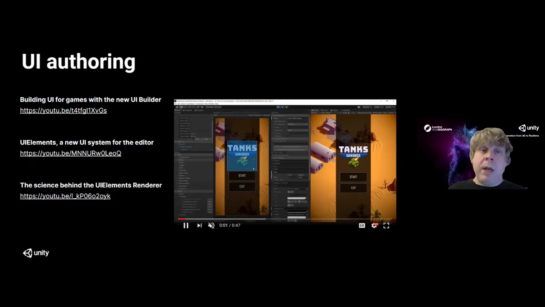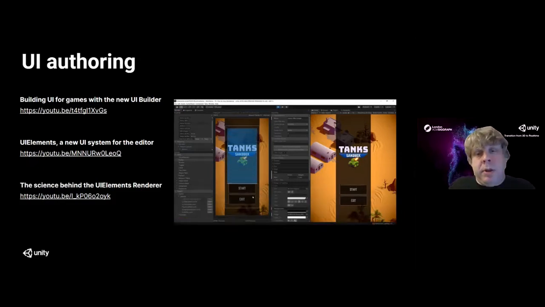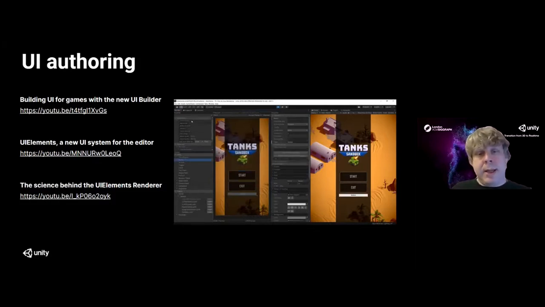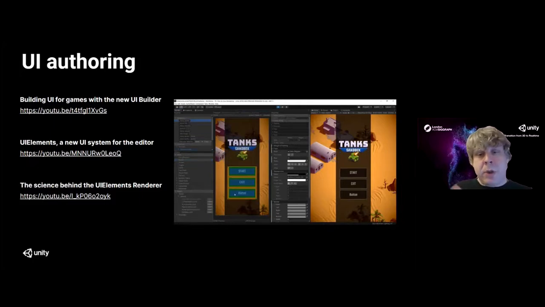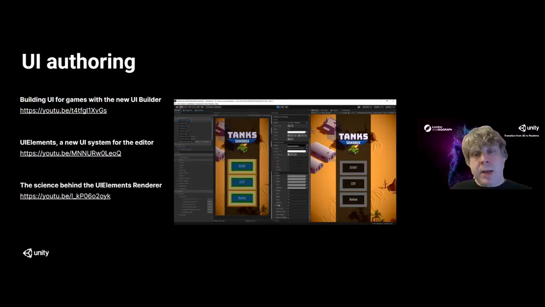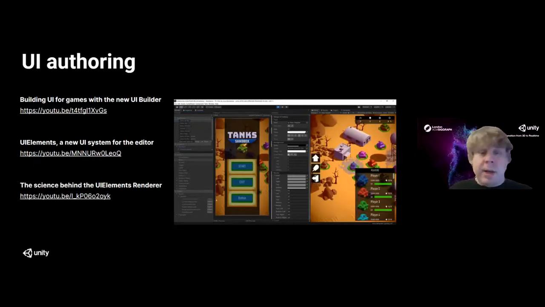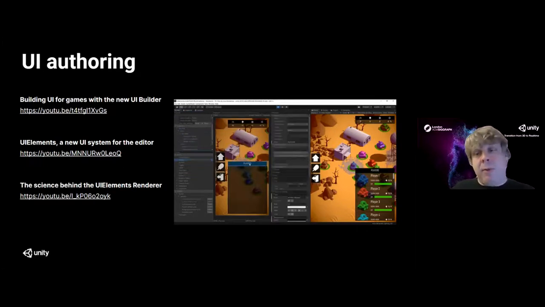UI authoring. We have a full set of UI tools because we are a game engine and games have UI. So we have a whole new UI authoring setup, and you can use CSS and XML, or C# for actions, and you can create both runtime UIs and tools. Unity is a platform for making tools. Maybe you're making a virtual production camera or a virtual production tool or a set dressing tool. You can build your own custom interfaces.